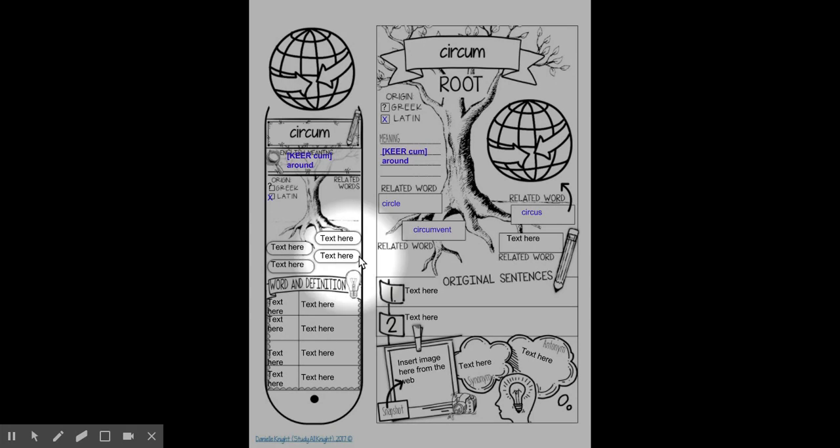We get the word circle, which notice that it's dropped the UM ending and added the LE. So a circle is a shape that's, you guessed it, around. So here's another great word where circum and then vent have come together,